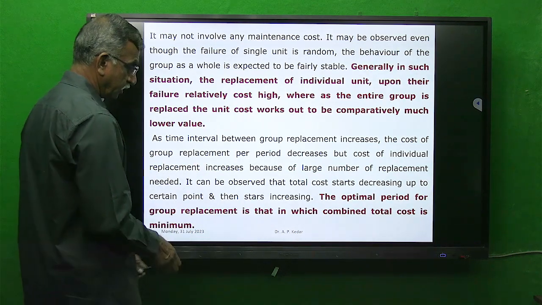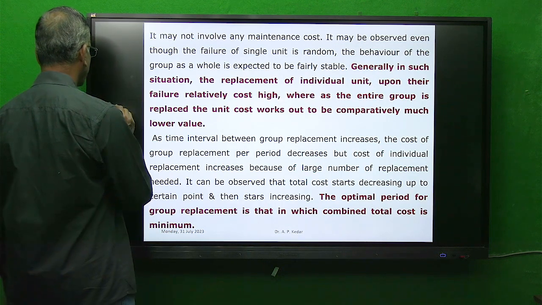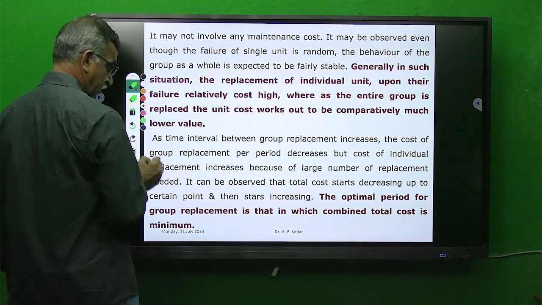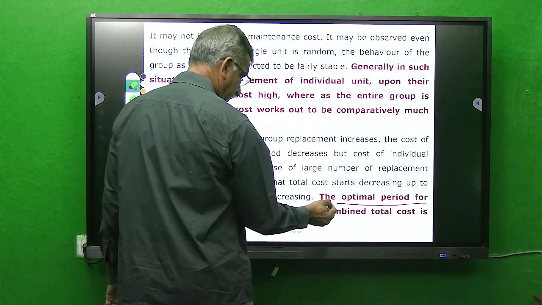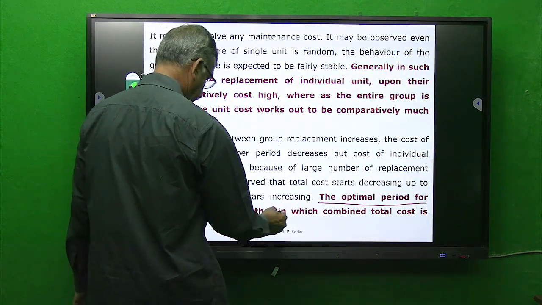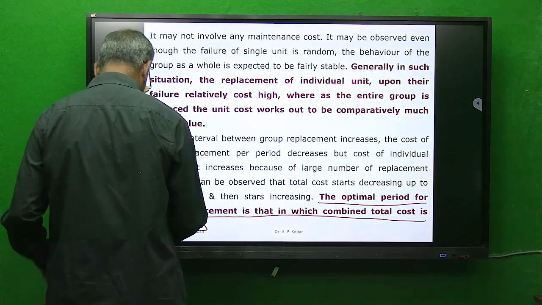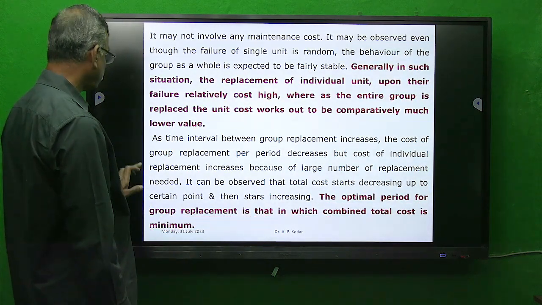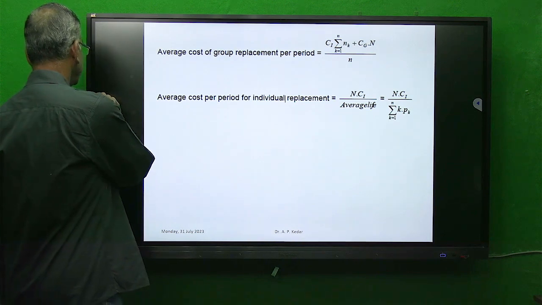And here we have discussed in our earlier lecture that the optimal period for group replacement is that in which combined total cost is minimum. Just we have discussed what you mean by combined total cost. And now see these two relationships,